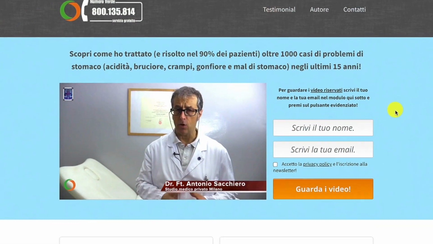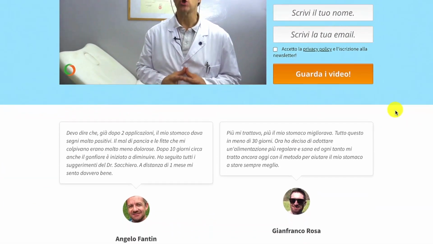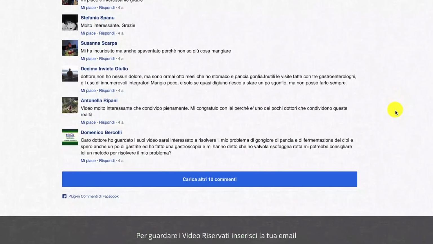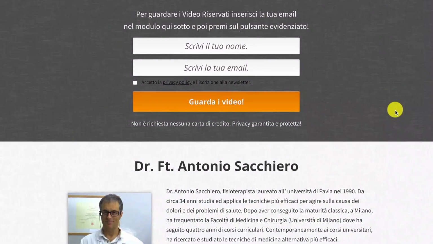So, what is a lead magnet? A lead magnet is simply the free valuable content you decide to deliver to your subscribers in exchange for their data, such as name, email, and phone number, for instance. This free content has different names, such as lead magnet, freebie, opt-in, but the concept doesn't change. Indeed, you have to give people a valid reason, and even more than one, to subscribe to your email list. Otherwise, they will not be willing to leave their data.